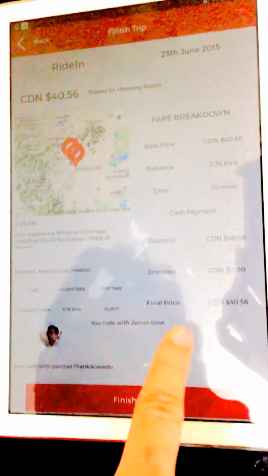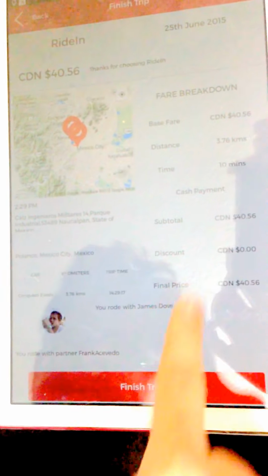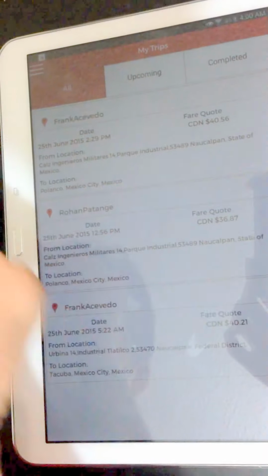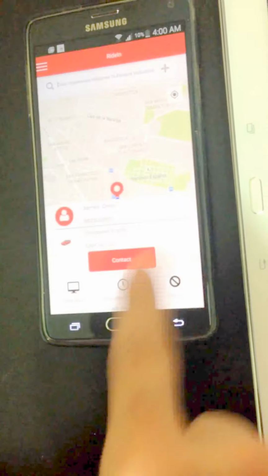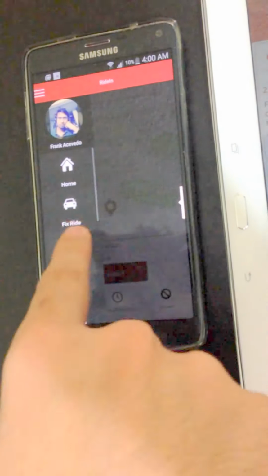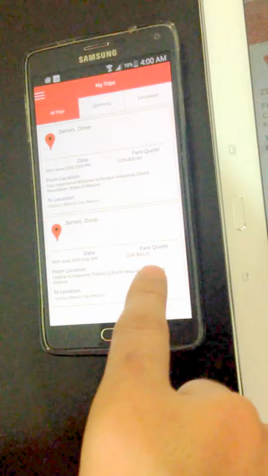I'm in the driver tab. Let's say the driver gets to see all the details and everything, and he can click on finish trip because the trip has finished. Once he has done with the finish trip, he comes over here. The customer gets a notification over here, your trip has been successfully completed. And it works exactly like Uber, and I can go in and check in my trips.